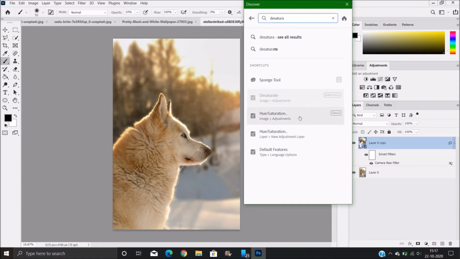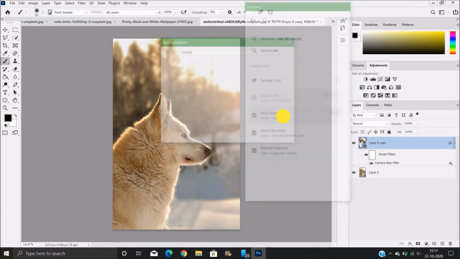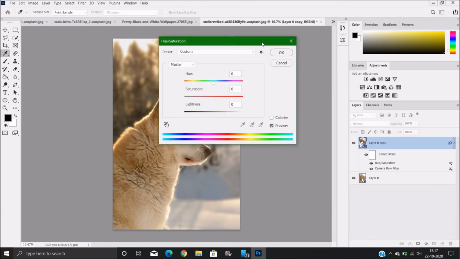You have a saturation adjustment layer showing up. Let's say I want to use this, so it will tell you you have to go to Image, Adjustments, and then Desaturate. It will point it right over there. It's that helpful. And if you are feeling a little lazy, you can also directly click here. See.